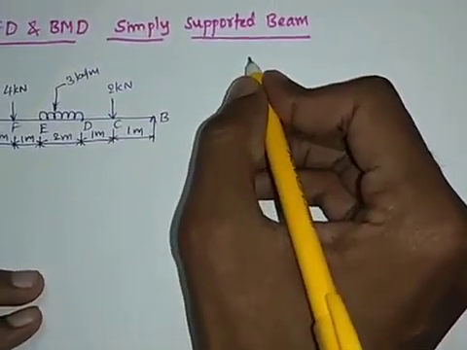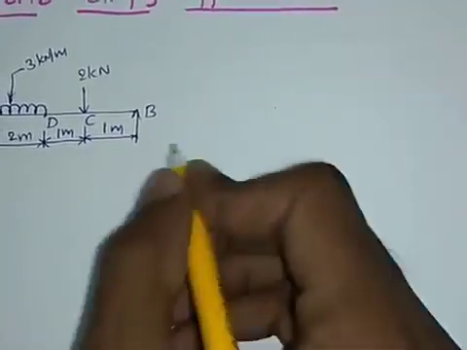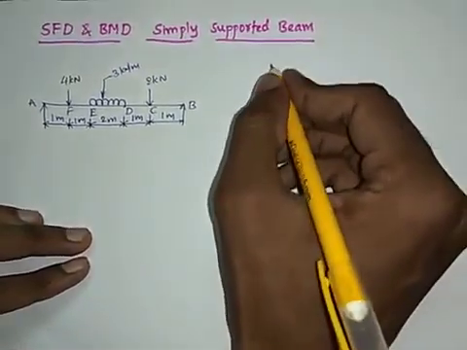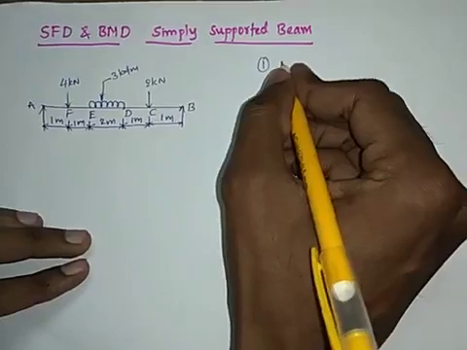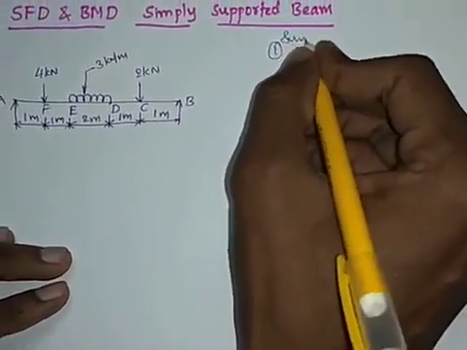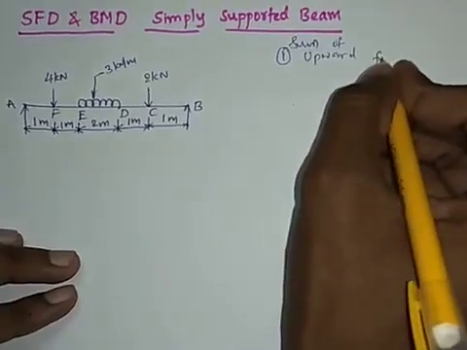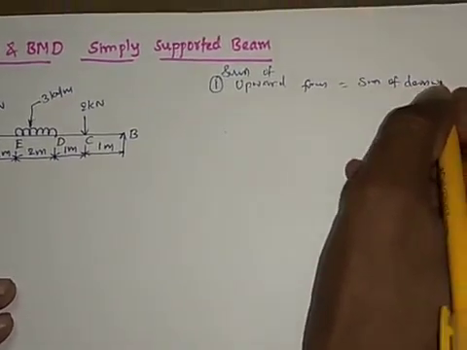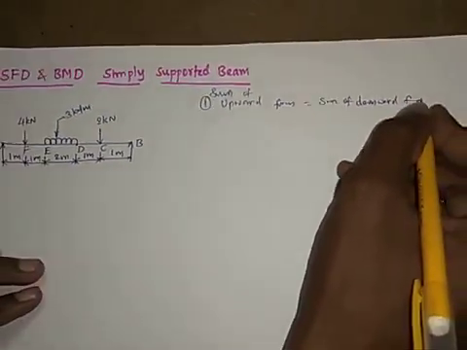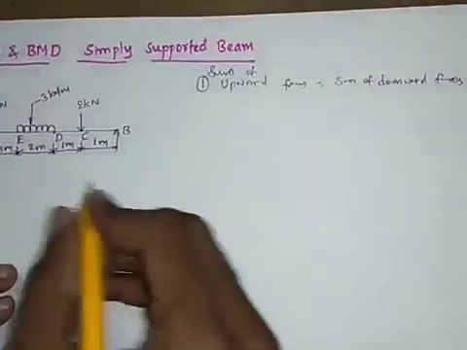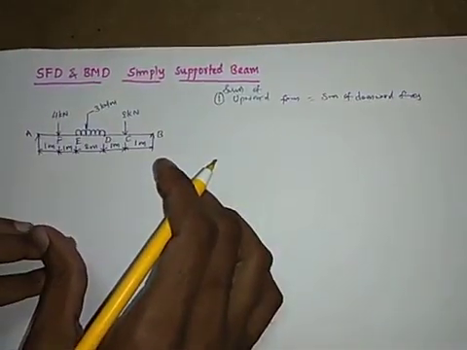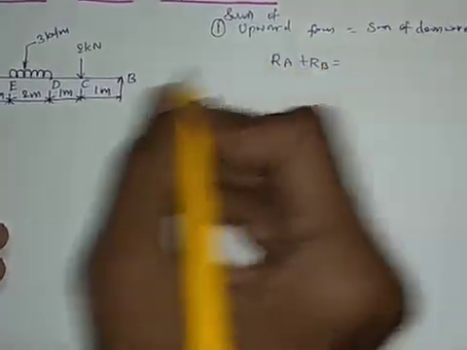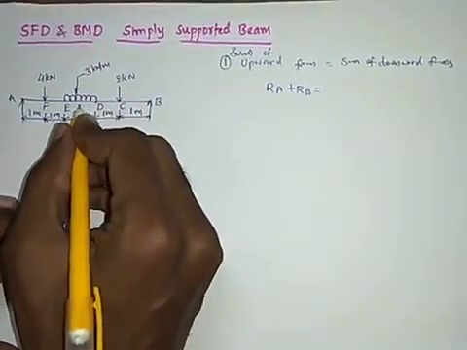The first point, we have to take one assumption, that is the beam should be in equilibrium. So to keep the beam in equilibrium, the first point to be taken is: sum of upward forces must be equal to sum of downward forces. To satisfy that condition, RA and RB are the support reactions, they will go upward. So you can write RA plus RB is equal to the downward forces, which are 2 kilonewtons,